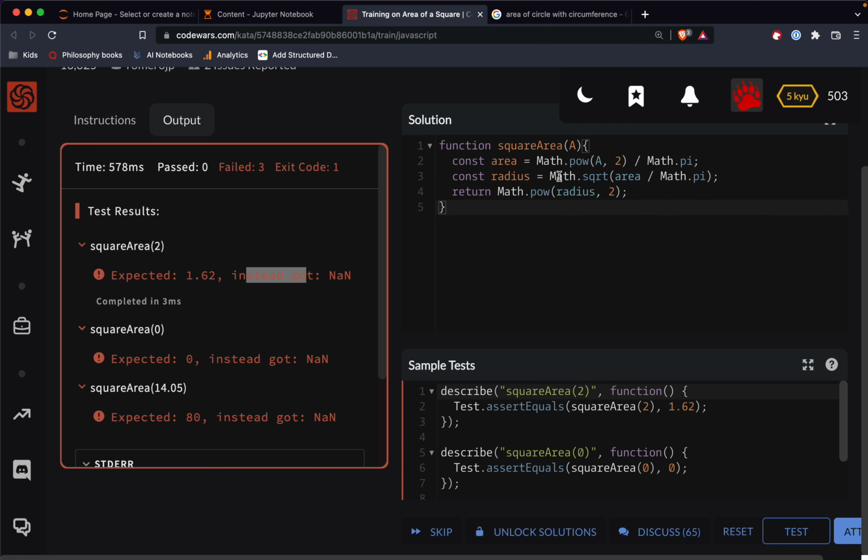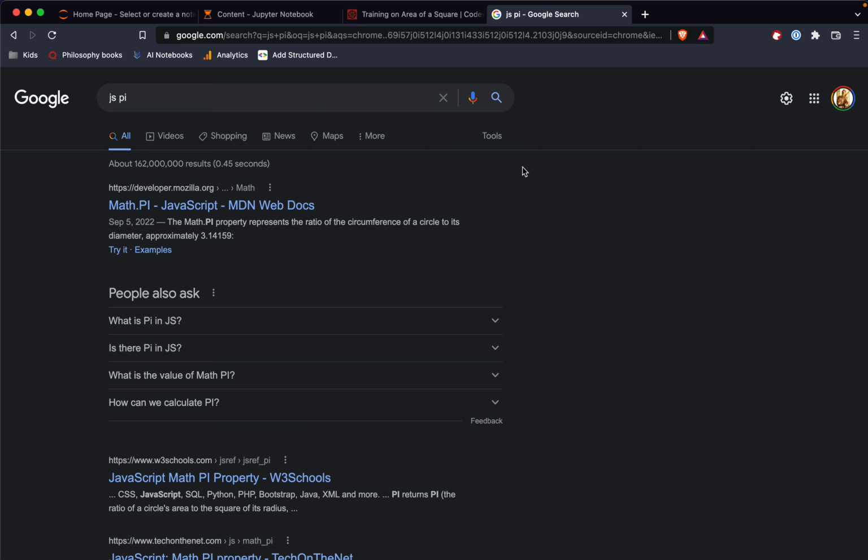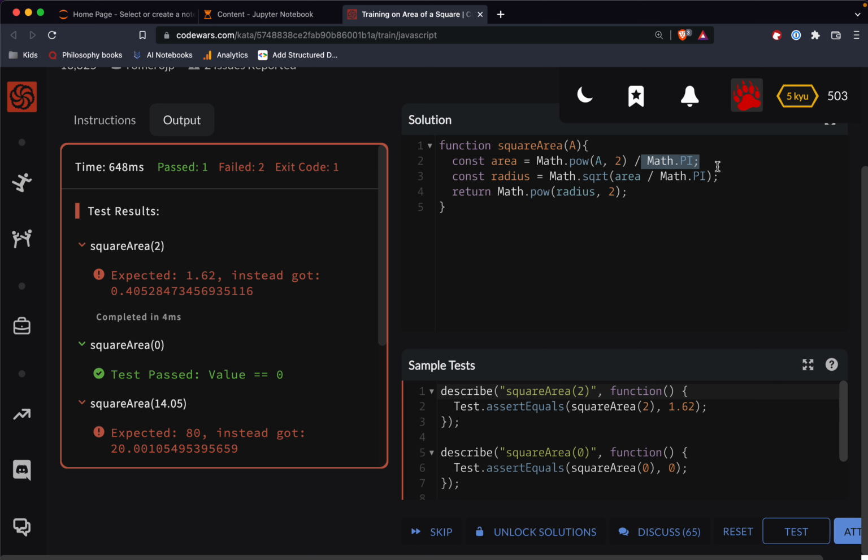Blah. Okay, so we have math.pow a over math.pi. Let's see, was math.pi anything? JavaScript pi. Okay, so these got to be capital PI. The tell here, I think, was the fact that I kind of expected some wrong numbers. Wasn't expecting NaNs, which means we're probably dividing those by undefined. Okay, so now we're getting